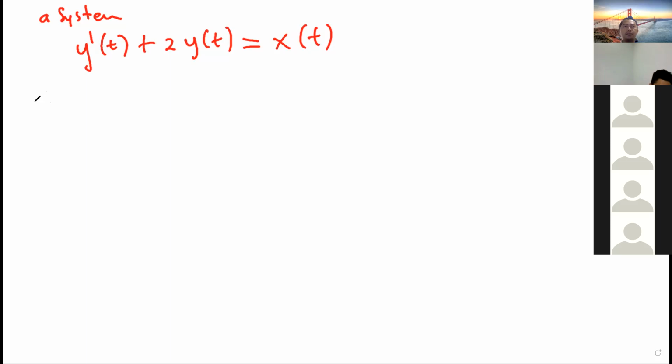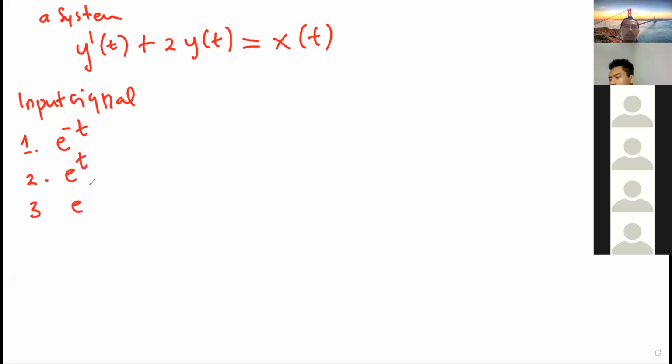And the input signals are as follows. First is e to the minus t. Number 2, a t. Number 3, a g t. Number 4 is cos t. Number 5 is u(t). You remember this is the first differential, yeah? The accent means the first differential. So the question is,